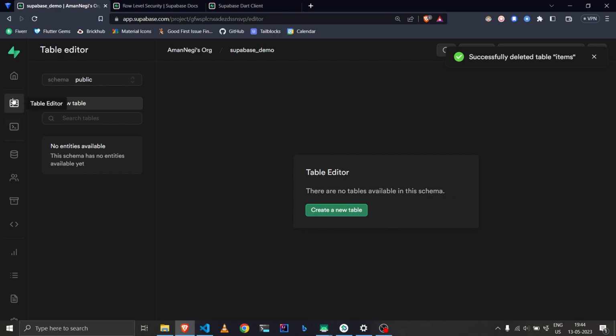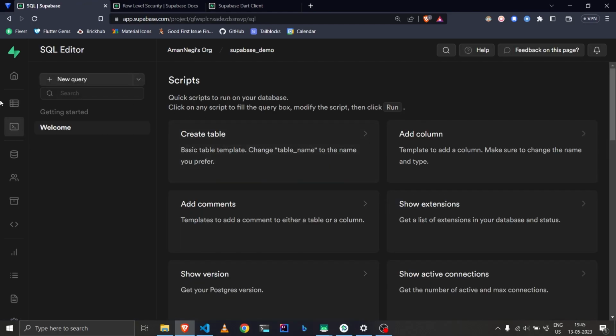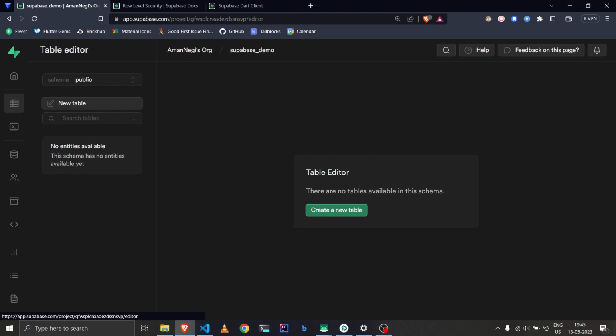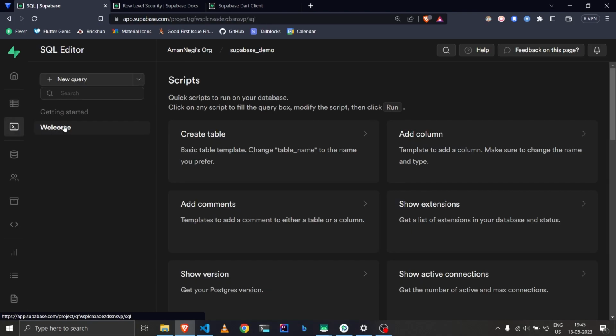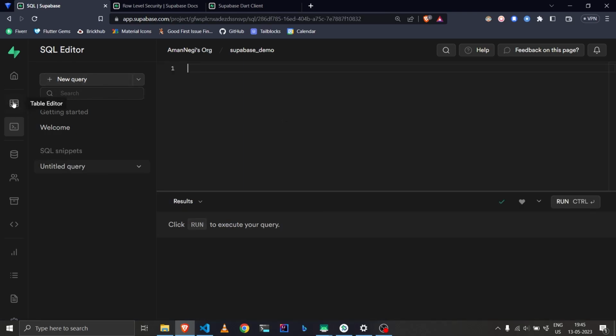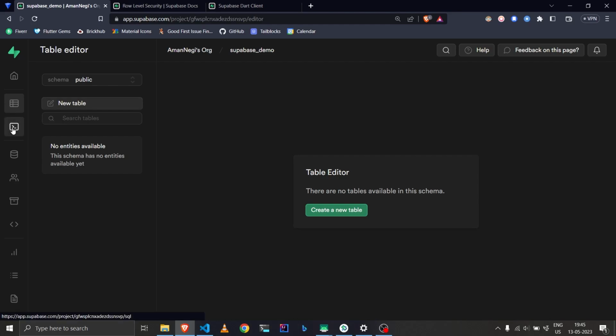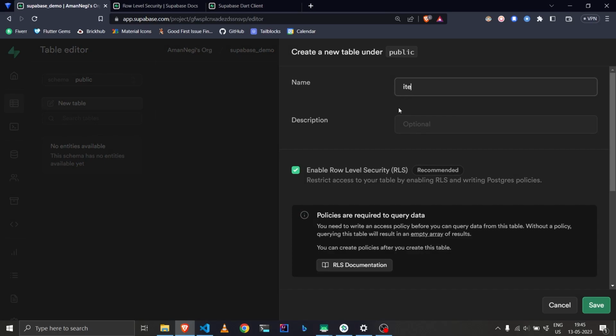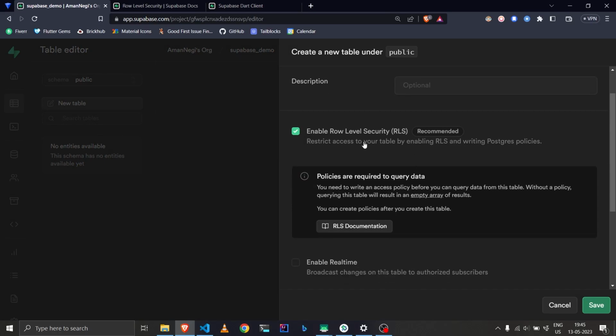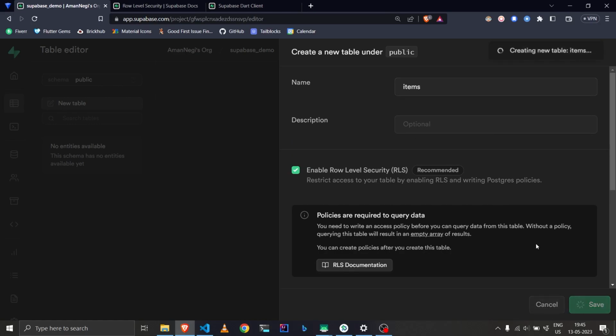In order to create a table, you need to do it from the interface or the SQL editor itself. The table editor is quite easy, and in the SQL editor you are supposed to write the query yourself, but that is not what I would suggest. If you know SQL, you can definitely go for that, but currently we'll be using the table editor. So you can simply create a new table, and I will name it items, and you can leave the rest as it is. So let's create a table,